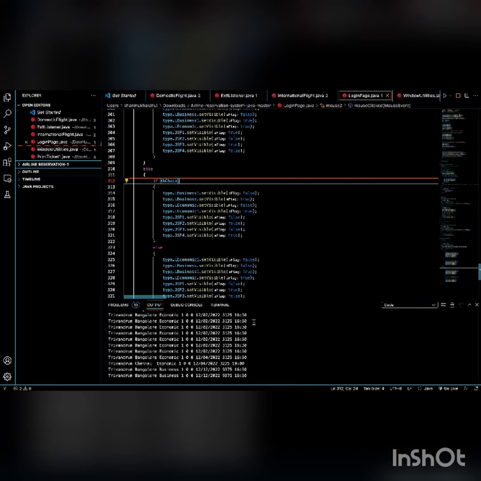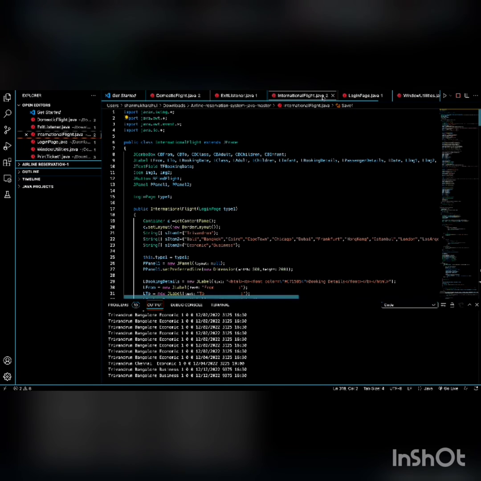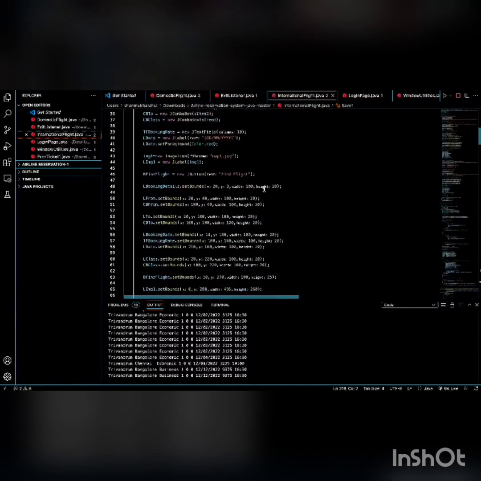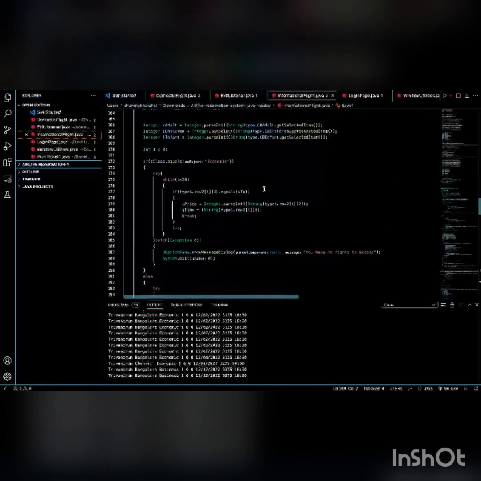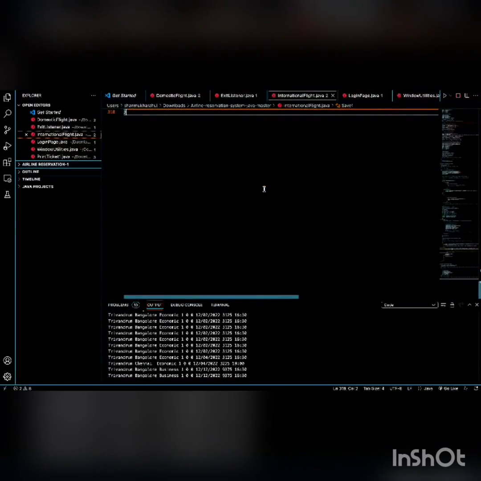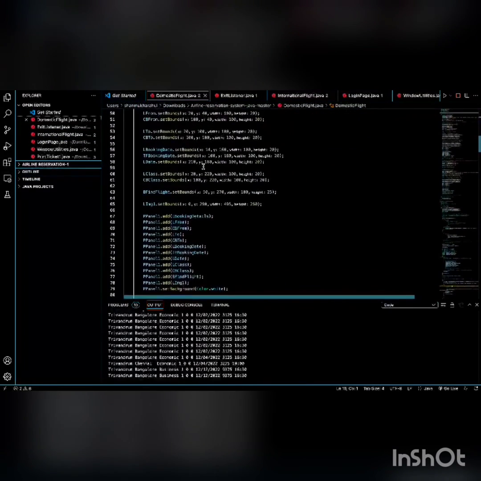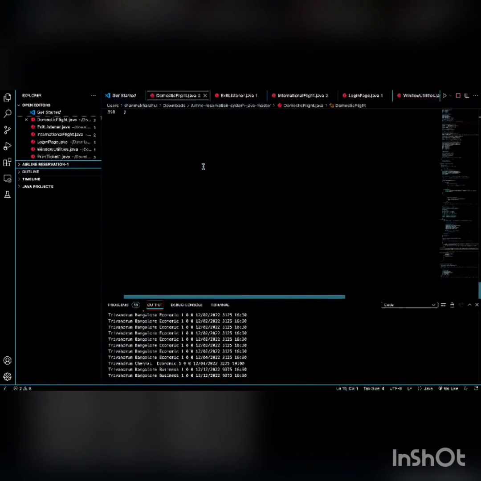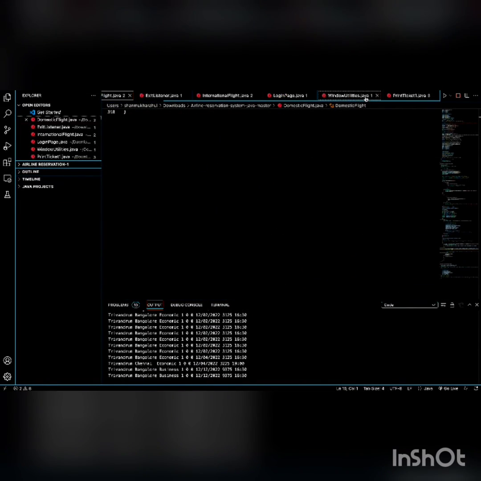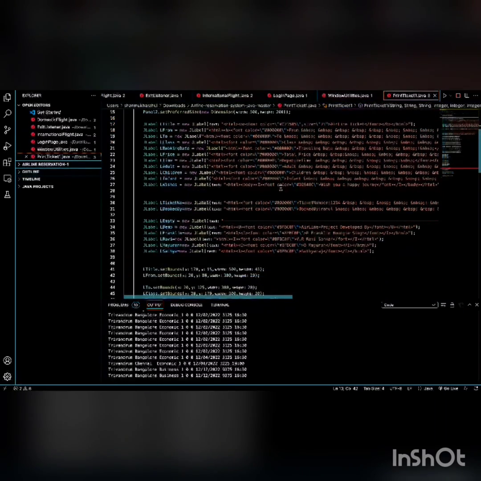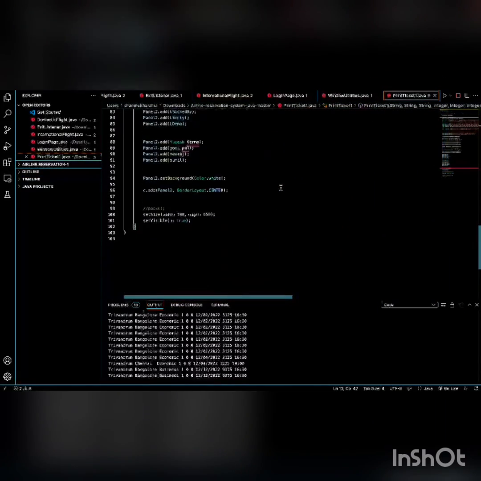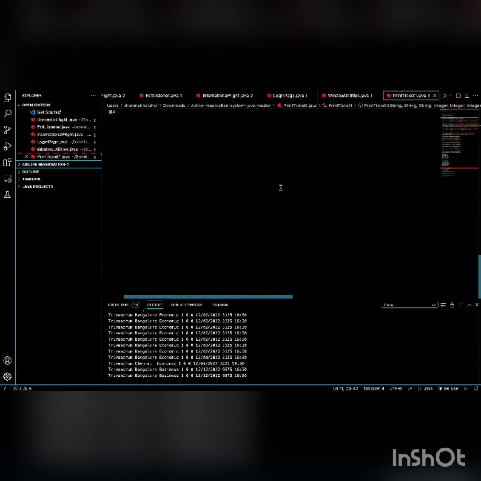Apart from login page, even we have different pages for international, domestic, and as well as the credential page, which is shown in this video. This page gives us an opportunity to see where the